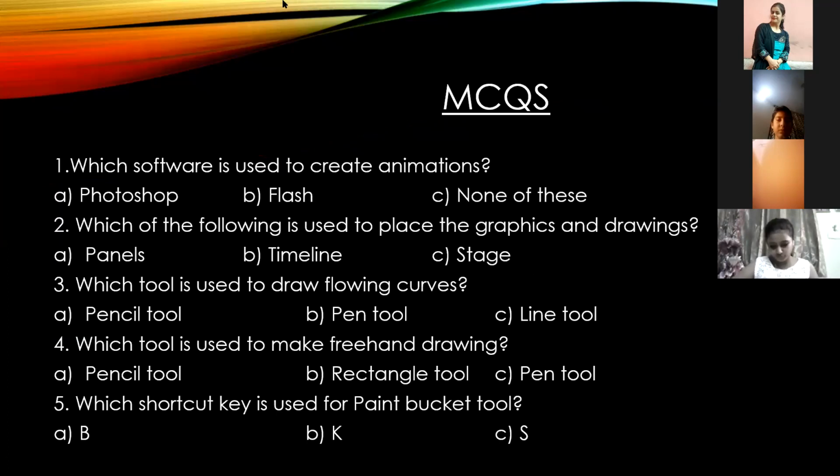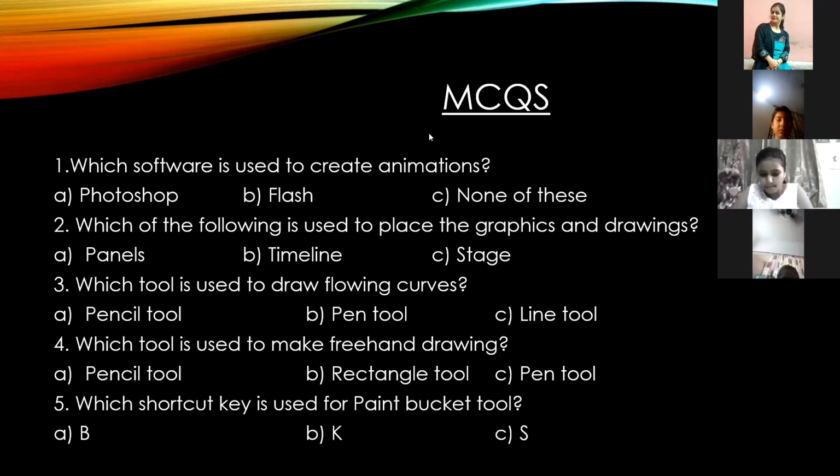Okay, so first one, let's ask the first answer to Kanav. Which software is used to create animations? Kanav, unmute yourself. Okay, Bhavya, unmute yourself.